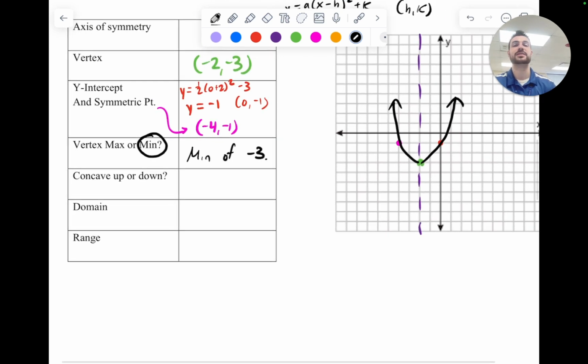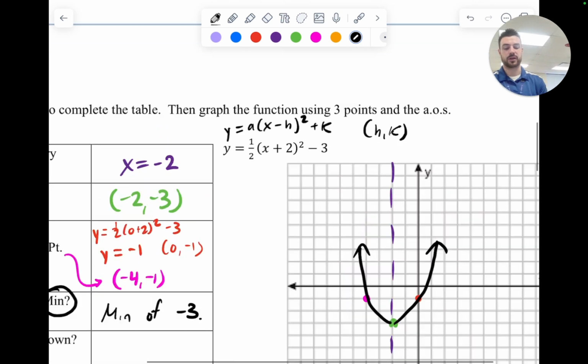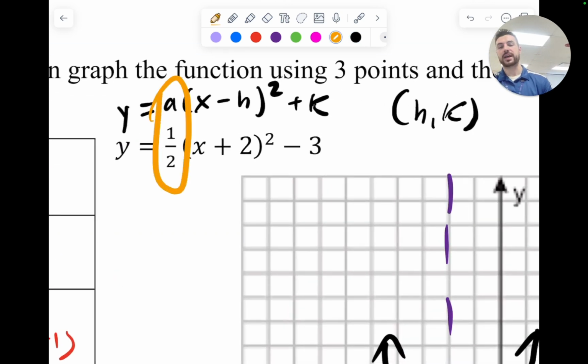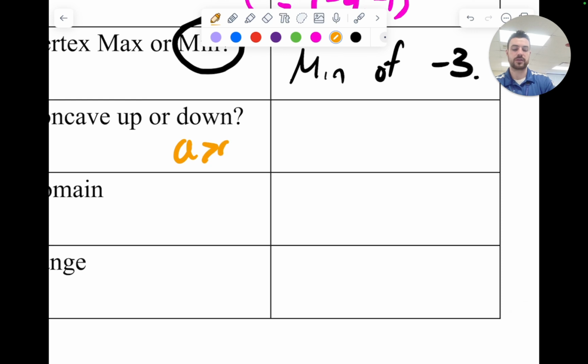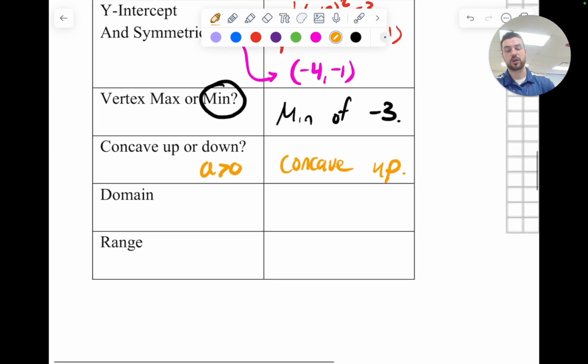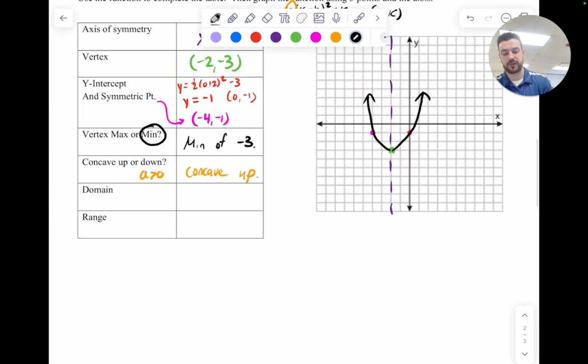Concave up or down. Again, we can see from the picture that it is concave up. However, just like before, if we take a look at that a value, our a value is greater than 0, so concave up. Domain, once again, is always going to be the same for all quadratics. And then my range we get from our graph. We start with the lowest point all the way to the highest. So we have -3 comma infinity. Infinity always gets a parenthesis, and because we have an actual point with a y value of -3, it gets